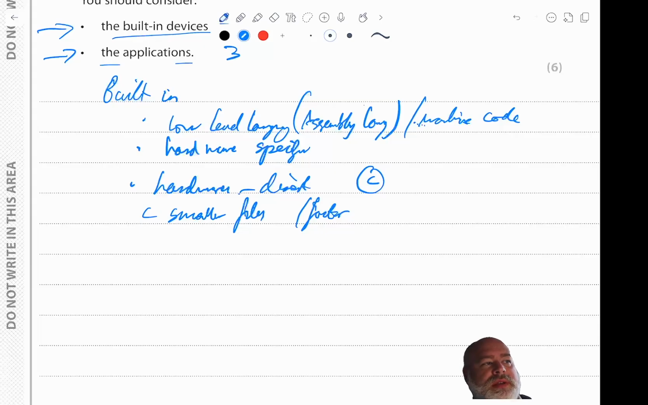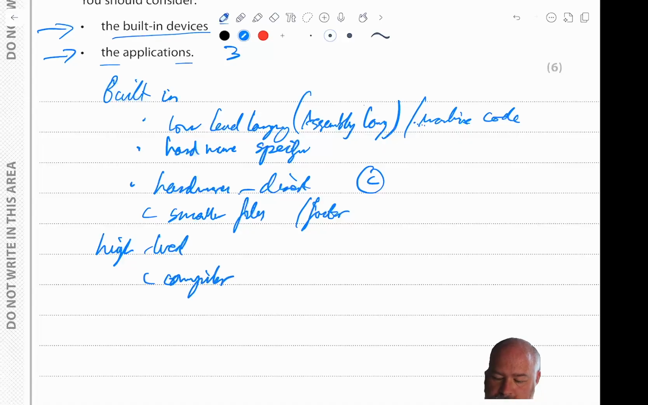High level languages would be good for teams to work on them. So you could have a design team working on aspects of it. You could have a compiler. So high level, you could talk about compiler to create executable code. High level have subprograms,